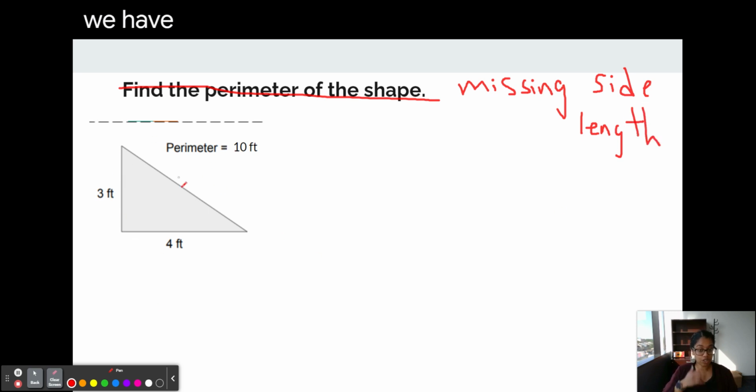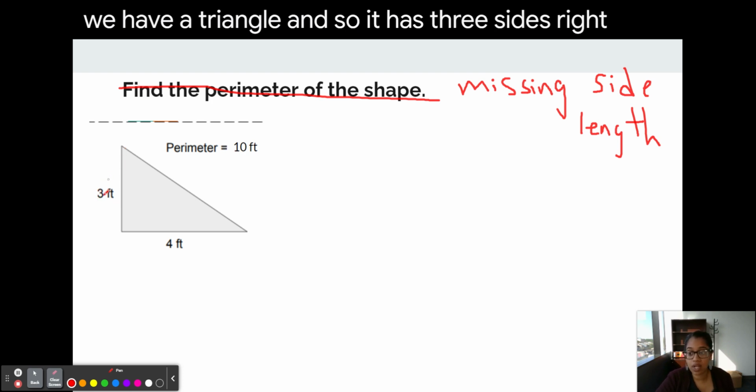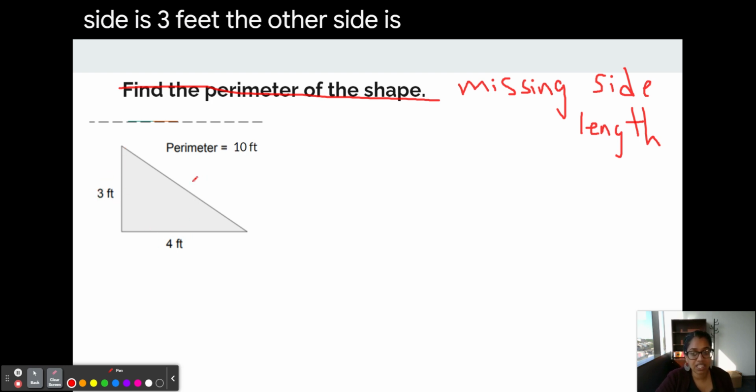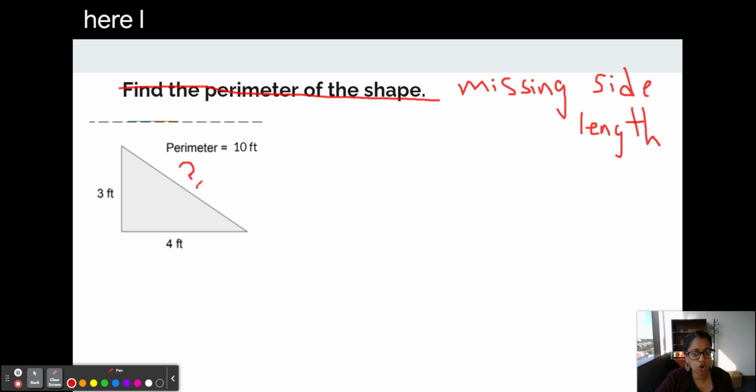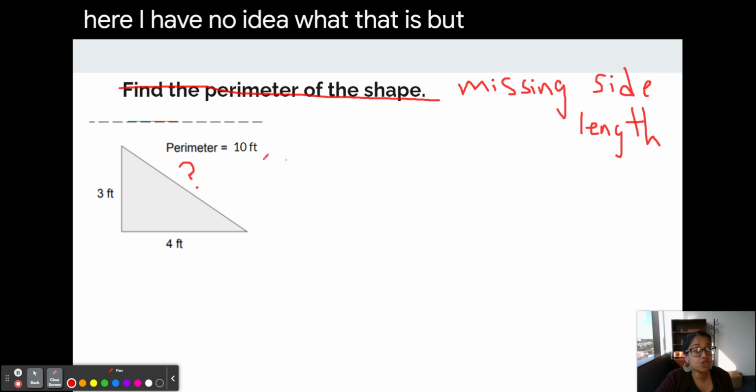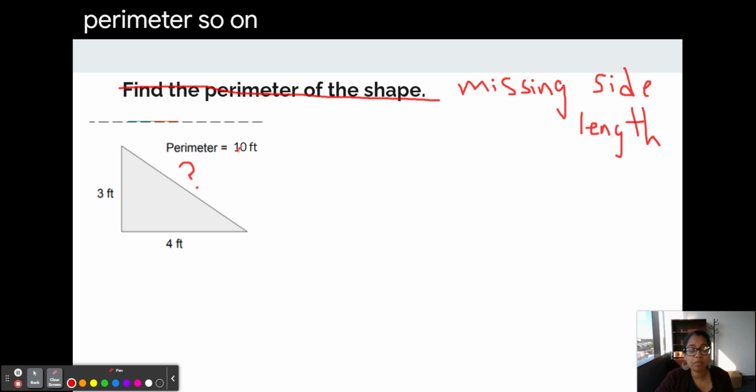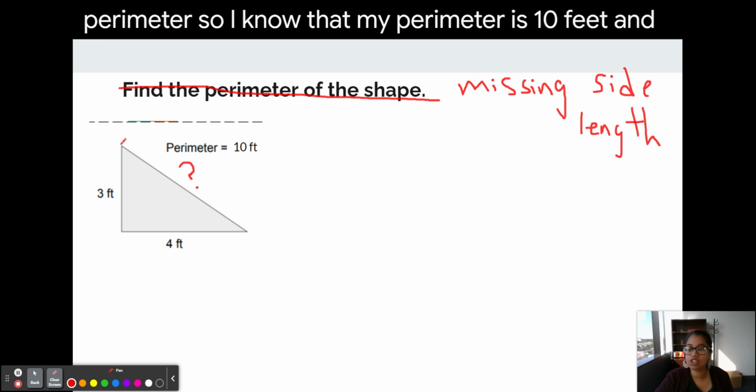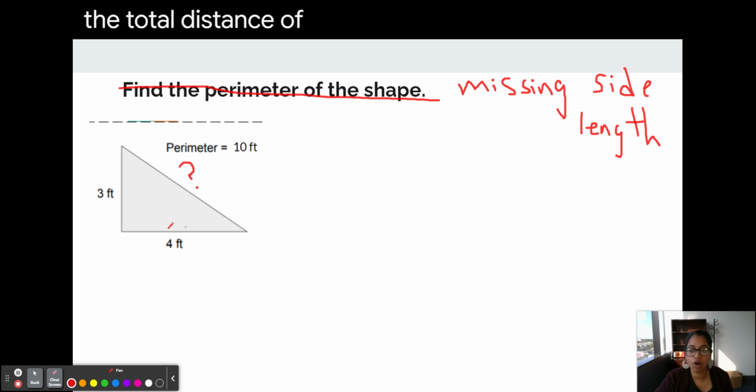So over here we have a triangle. And so it has 3 sides, right? One side is 3 feet, the other side is 4 feet. This last side over here, I have no idea what that is. But I do have a perimeter. So I know that my perimeter is 10 feet and the total distance of all of my side lengths is